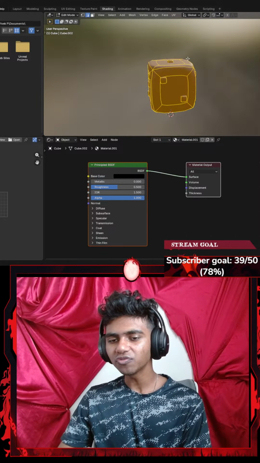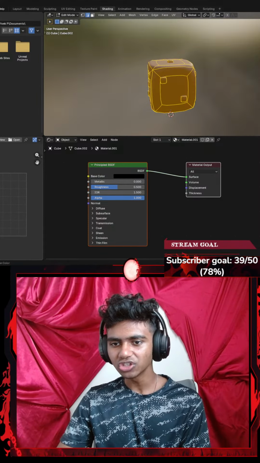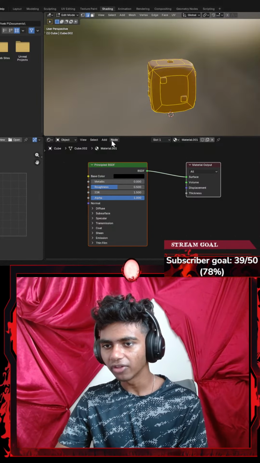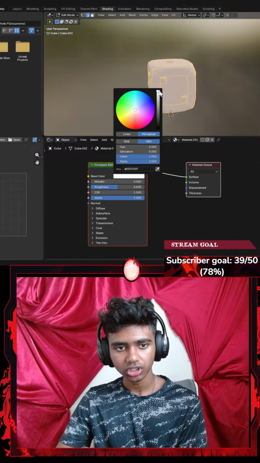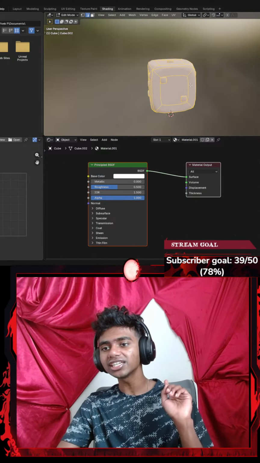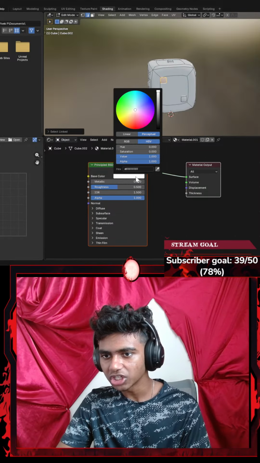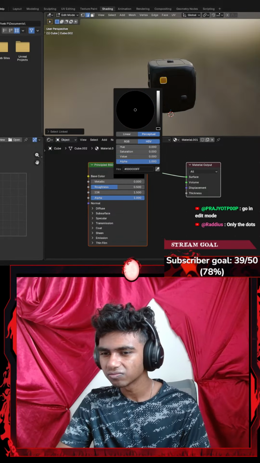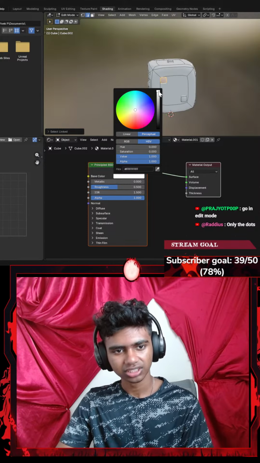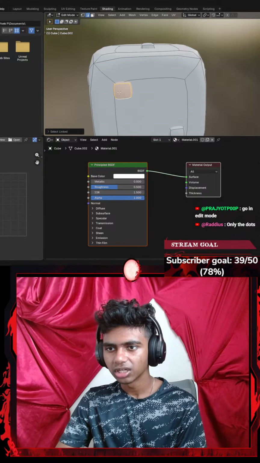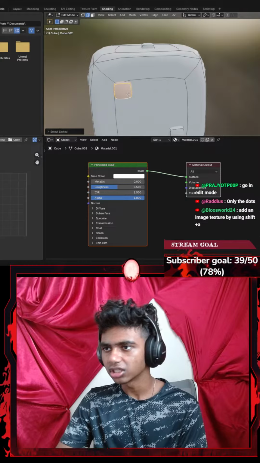I forgot. I should have watched a video on how to use shading. I used to use this before, but I forgot like all about this. Should I like change my base color to white? It does change. Oh, I think I see. Hold up, guys. I'm gonna go with something like L. I'm gonna change the base color to be black. Wait. Only the dots. Yeah, I did select only the dots here.